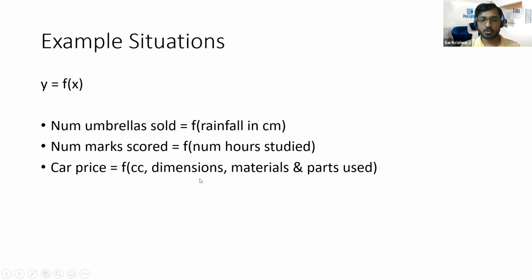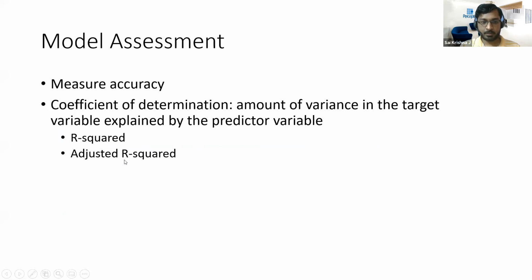Okay. Now assume in your first iteration, you got an R square of 0.65. Okay. In the next iteration, you might have got an R square of 0.70. Okay. And let's say you have a third iteration where you consider the materials also. That will give you an R square of 0.75. Okay. So like this, as and when you add independent variables to your model, that R square value will keep on increasing. Okay. But the adjusted R square value, which is the second parameter that we have here, will increase only when the additional variables that you include are statistically significant.